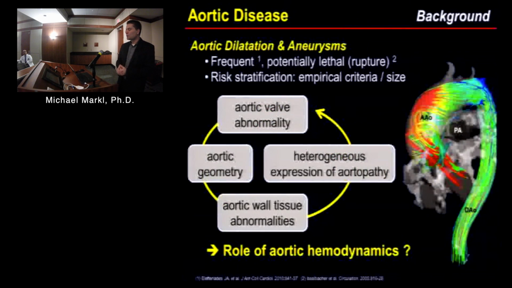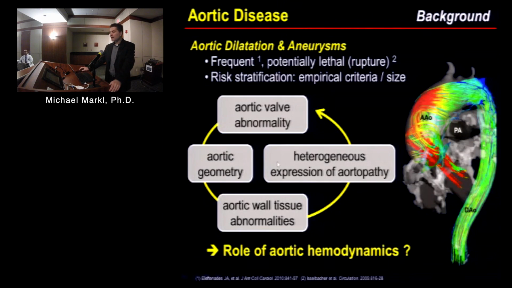And I'd like to focus on one particular disease, aortic dilatation and aneurysms, and particularly also on patients with bicuspid aortic valve, which is the area where we, and other groups also, have done a lot of work. I think we can show that there are quite some promises in this technique to go beyond the pretty pictures and actually come up with some numbers and hopefully also some risk stratification that might be helpful for these patients. So if you look at aneurysms,